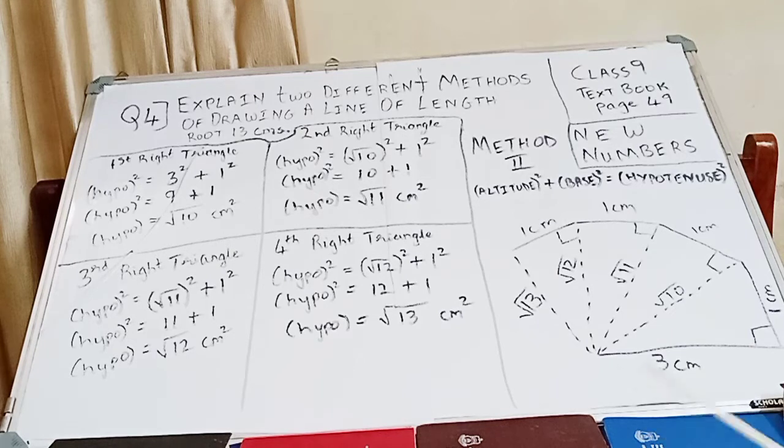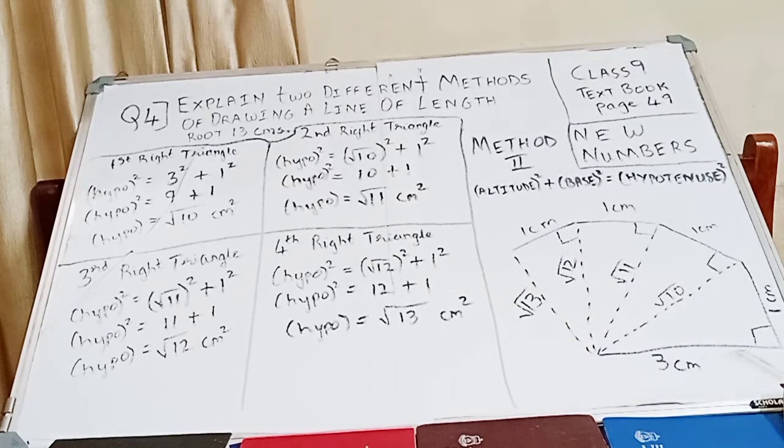Okay, so we have to follow this method, Pythagoras theorem, wherein, as you are already aware, altitude square plus base square is equal to hypotenuse square. We will be splitting into 4 right angle triangles. Firstly, we need to see the first right angle triangle. In order to understand the first right angle triangle, you have to look into this figure.